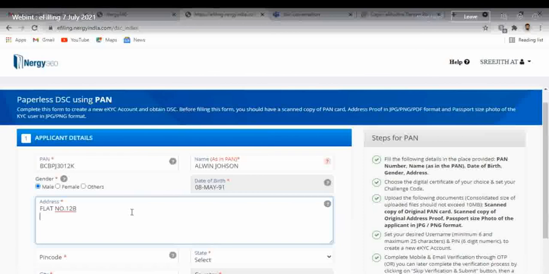You can enter your communication address, of the person who is going to apply for the DSC. That person's details should be entered here. Flat number 12B, I can use Orient Aparts,